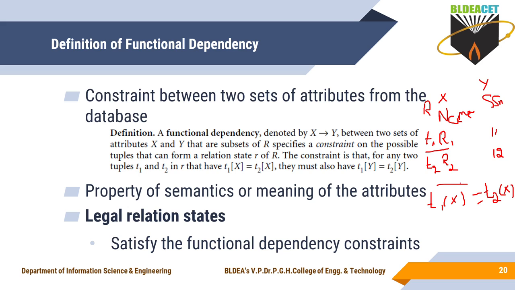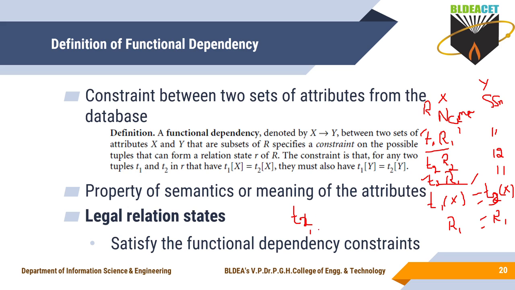So then what is the thing here? I'll take one more tuple, R1 here, and I'll call this T3 and check that one. So the X value I am having here is R1 in the T1 tuple, and also the X value I am having as R1 in the T3 tuple. This is your T3 and this is your T1, and I am taking this as X here, R1 and R1. Yes, if it is true, then compulsorily T1Y value, which is 11, must be equal to